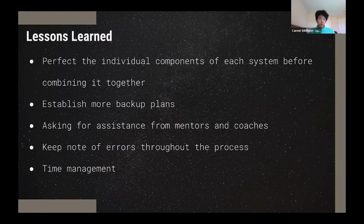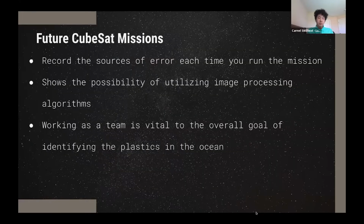in the long run. And the last was time management. As a whole, our group worked more on the code and a bit less on the hardware. And this is a lesson learned, as by dividing time more, we could have been even more efficient. While we were still efficient, time management was a key lesson that we learned through the hardware and the coding. And for future CubeSat missions in which we apply the lessons learned, the first bullet point would